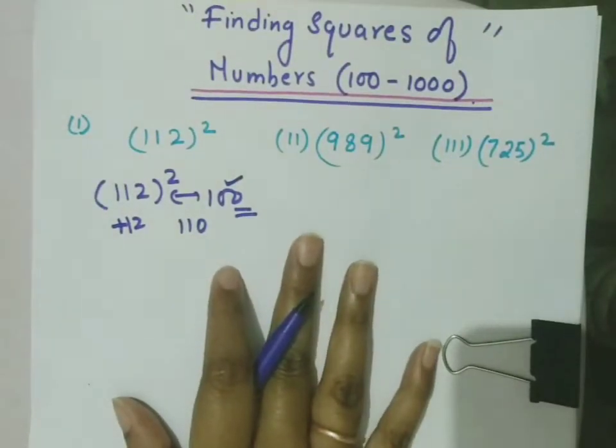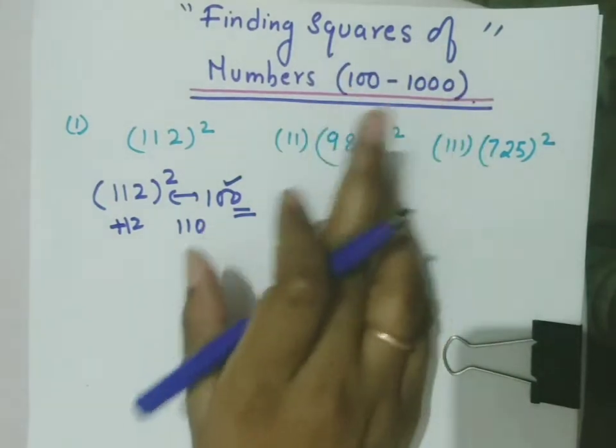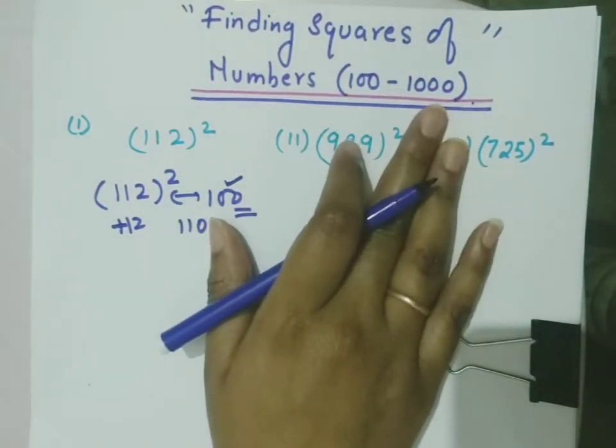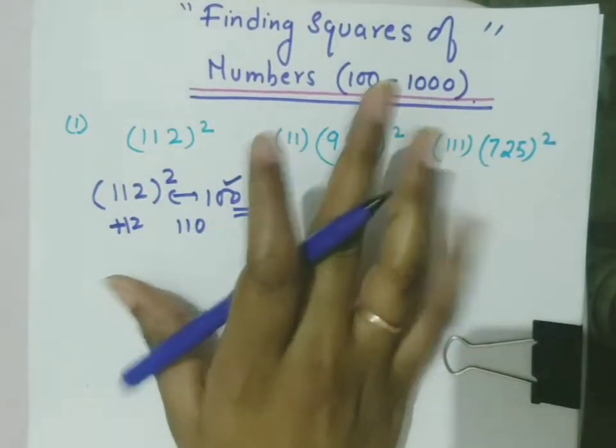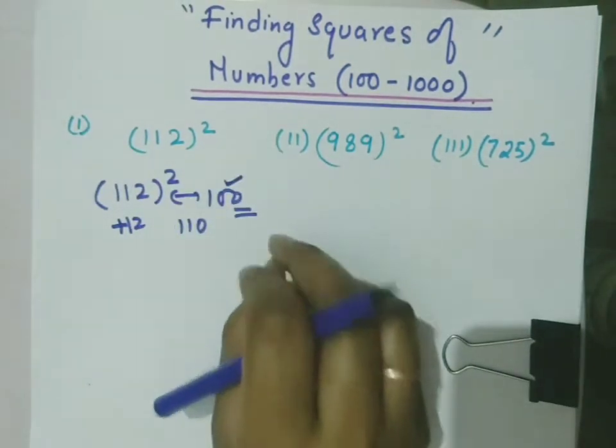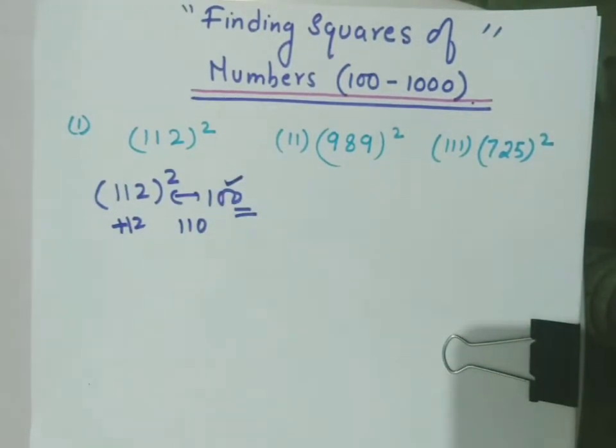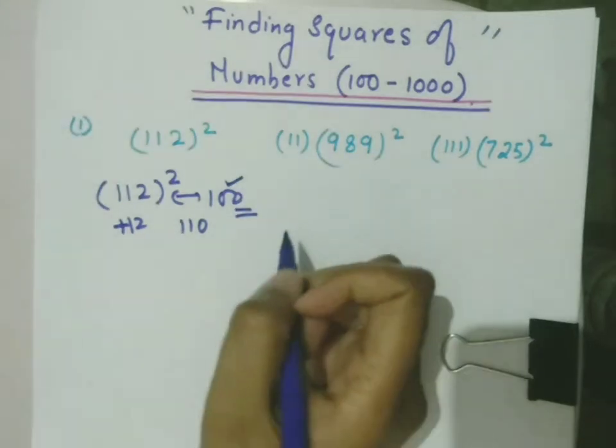Today in this video I am going to tell you how to find out the squares of numbers from 100 to 1000. To learn the process completely, please watch the video till the end. Initially this process can look a bit lengthy to you, but actually it is not. Once you practice more than 20-25 questions, you will learn these steps properly. It will become the easiest thing in mathematics for you. So watch it properly and learn it with me. Okay, let's start the video.